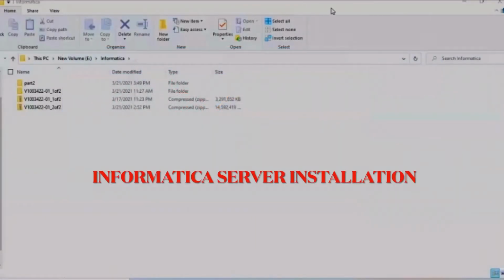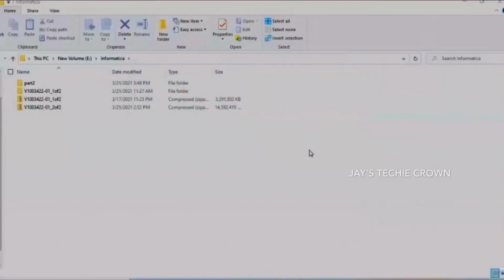Hi, welcome to Informatica Installation Step 3 video. Today in this video, we are going to see the process of installing the Informatica PowerCenter. So we are going to see the server-side installation first. If you have not watched my previous video on Step 1 and Step 2 of the Informatica installation, please have a look. Informatica installation Step 1 covers how to download the software, and Step 2 covers the user creation procedures. Now let's move on to Step 3.